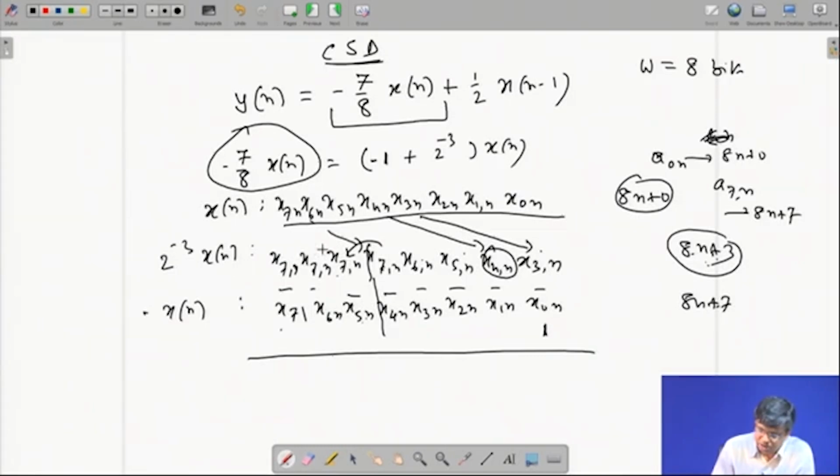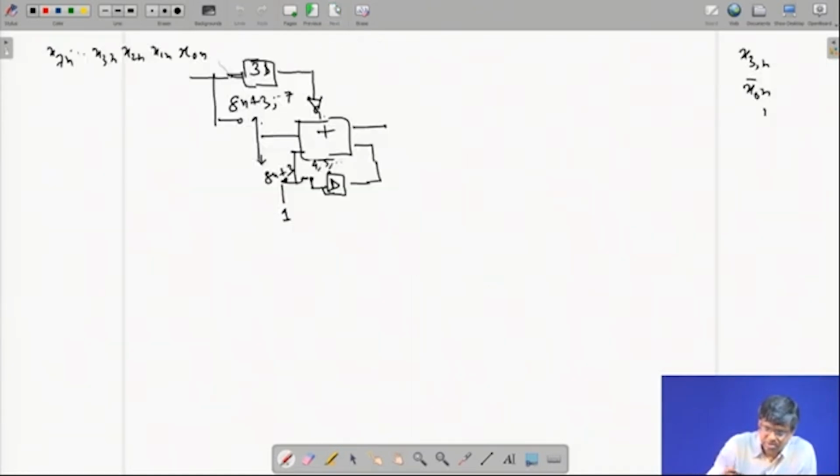So next bit, that will be cycle number 9. So 3 cycles ago, x6n came. So after 3 flip-flops, it will come in the same cycle 9, complemented, added. And again, this will come at cycle 10. Same thing will get extended further. 3 cycles ago, x7n came. Now it will be surfacing after the 3 flip-flops, added, right? So if you do that,